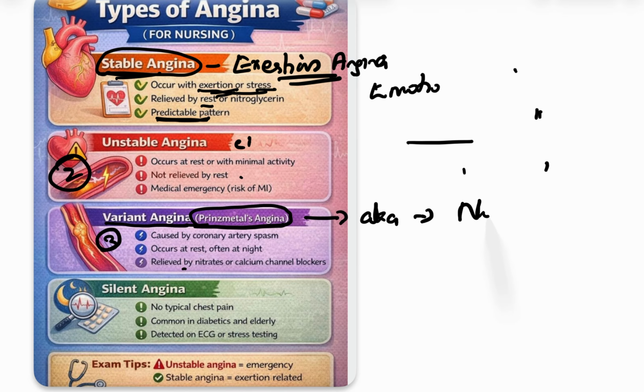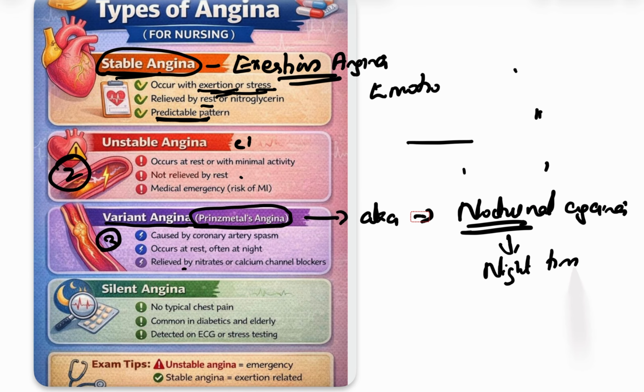It is nocturnal angina. What does nocturnal mean? Nocturnal means at night time. So the patient often has chest pain at night. That's why it is called nocturnal angina. And this is caused by coronary artery spasm. And remember, this variant angina, or Prinzmetal angina,